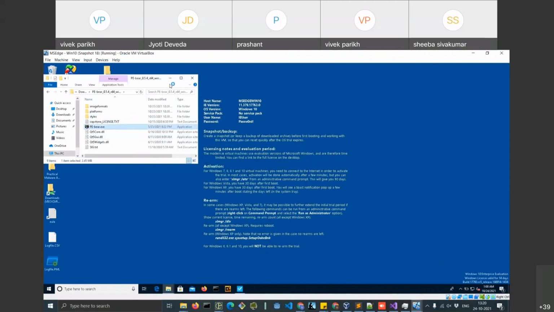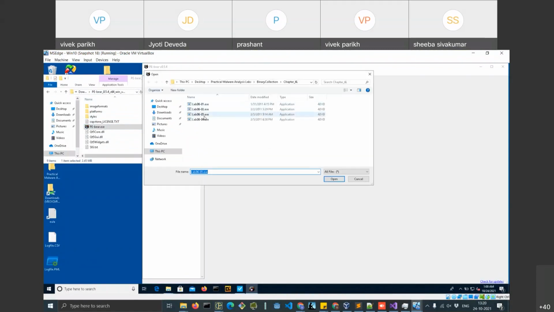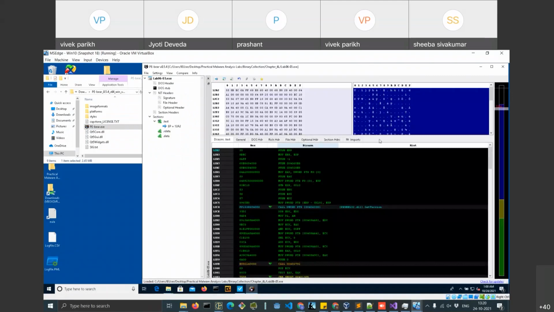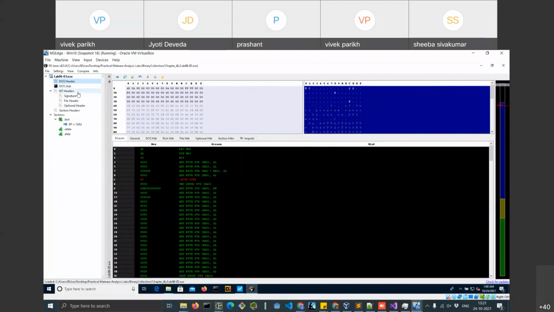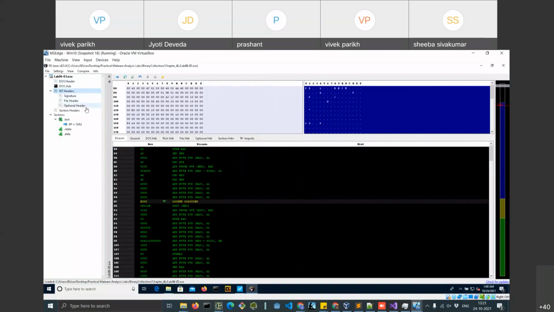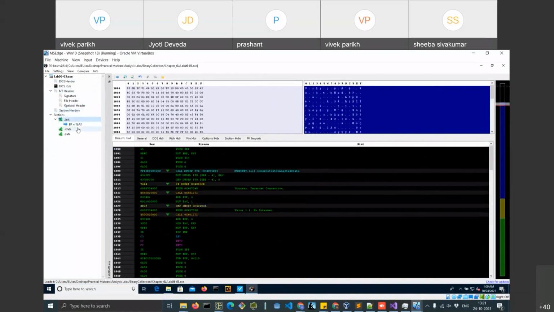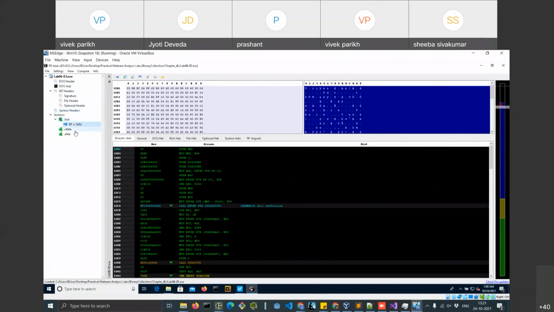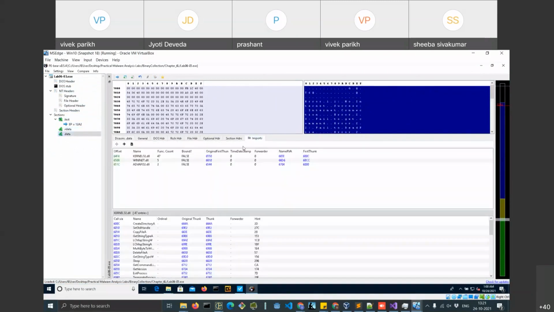So PEview is used to parse any PE file. We'll just load some PE file. Let's say we loaded this PE file. This is what the PE file looks like when we open it with PEview. As I explained, there's the DOS header, then the NT header containing the signature, file header, and optional header. Then there are section headers, and finally the sections. It tells us this is the entry point. Then there is .rdata, .data. You can see that there are some imports here as well, which functions the malware is calling.